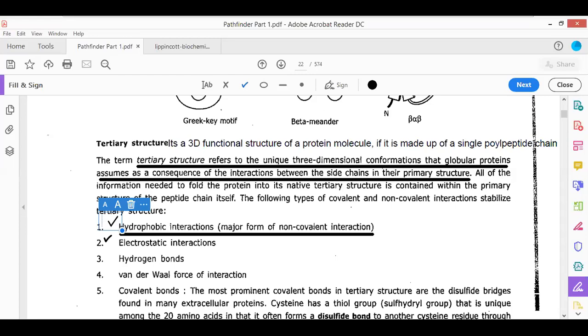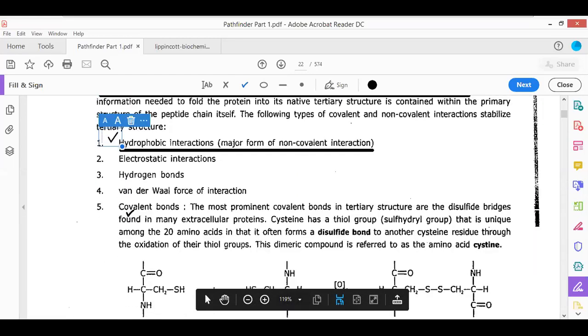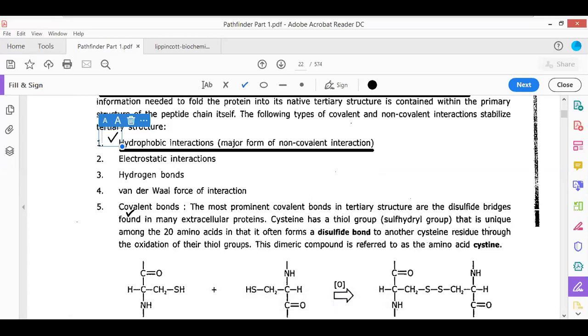Now there are other electrostatic interactions which are also present. There are hydrogen bonds. There are van der Waals interactions which are also present. Now covalent bonds. Although covalent bonds are not present in the primary and secondary structure, the tertiary structure, as it is going to form the ultimate structure of the protein, usually can have several different types of covalent bonds present in its structure. Now how these covalent bonds are produced, that we have to see.